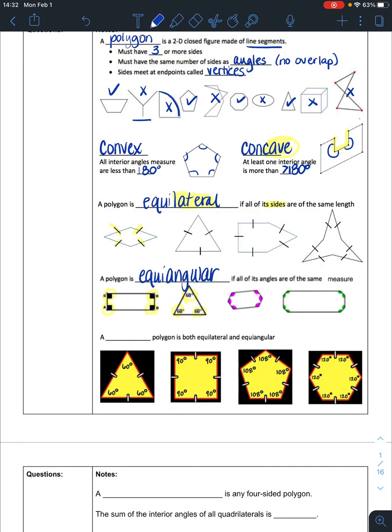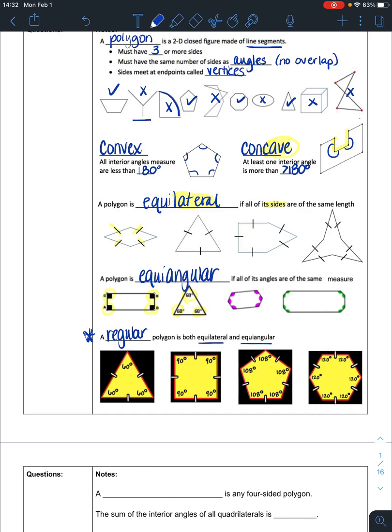So what if it's both? What if it's equilateral and equiangular? It is called regular. This is going to be important. We're going to need to know that definition because it's going to affect how we work the problems. So when all of the sides are the same and all of the angles are the same, it is called